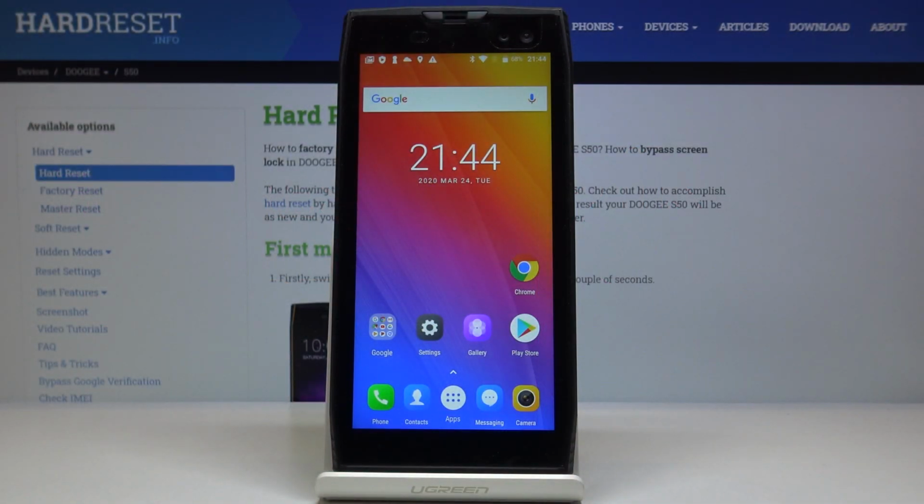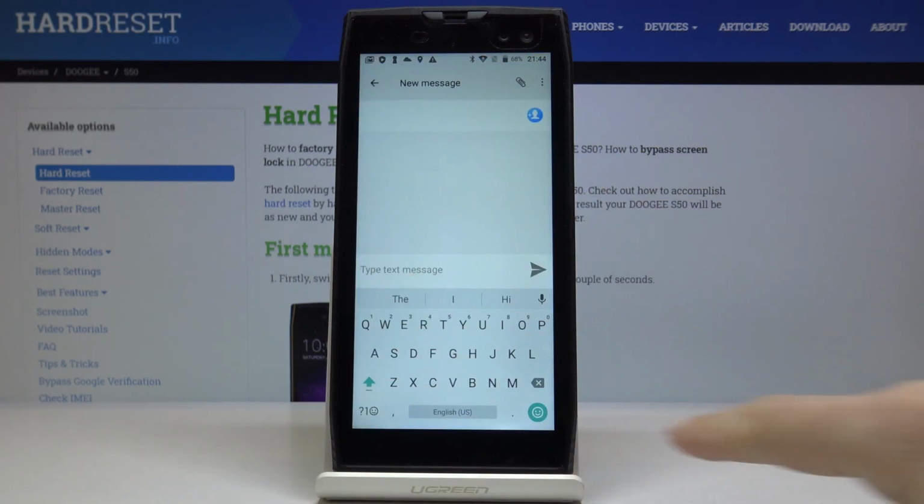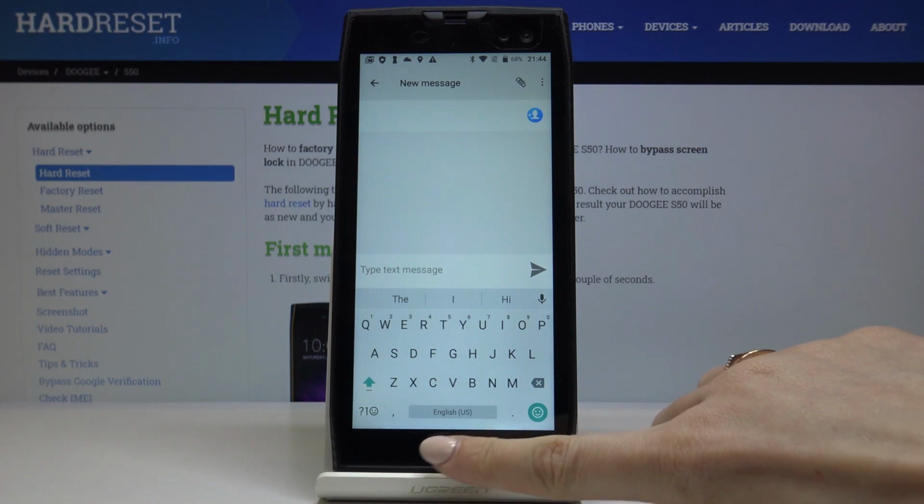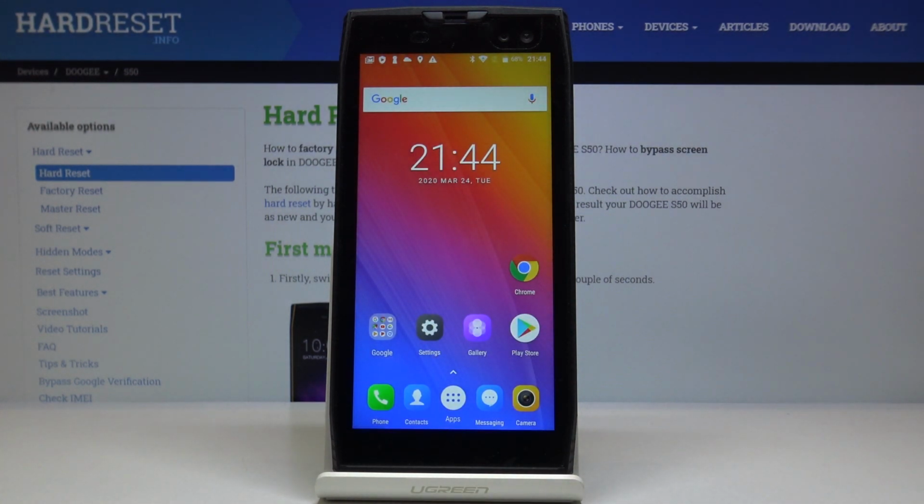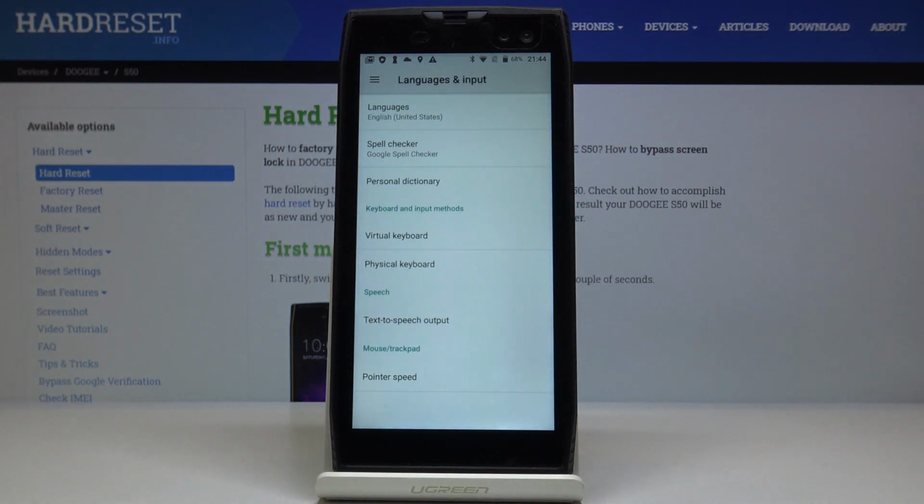Here I've got DOOGEE S50 and let me show you how to change keyboard language on the following device. So let's just take a look at the current one. Here we've got English, as you can see, US, and now let me change it. So at first you have to open the settings, then find and pick language as an input and